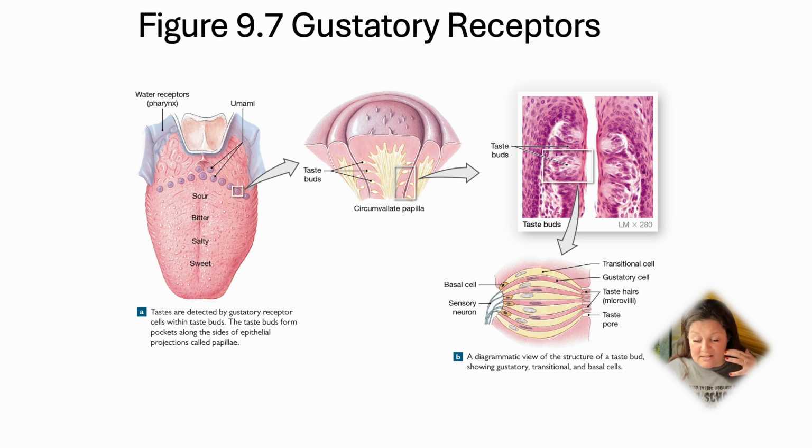This information is going to be sent through the afferent fibers back to the central nervous system, specifically to the medulla oblongata, where it is going to send further information into the thalamus and into the gustatory cortex. Again, that's that area in that insula between the frontal lobe and the temporal lobe. And if we pull that apart just a little bit, in that insula, there's that gustatory cortex that's interpreting our